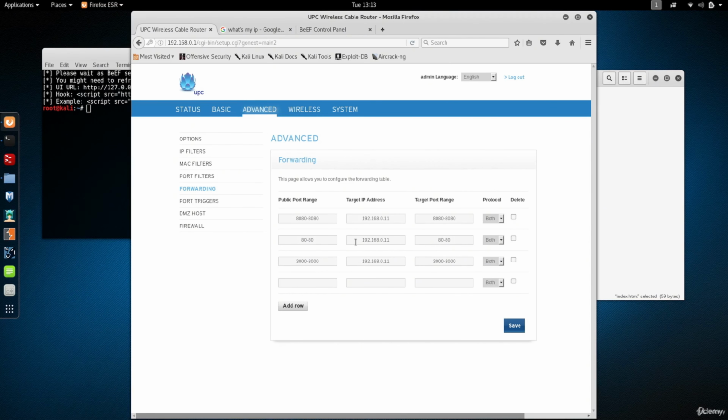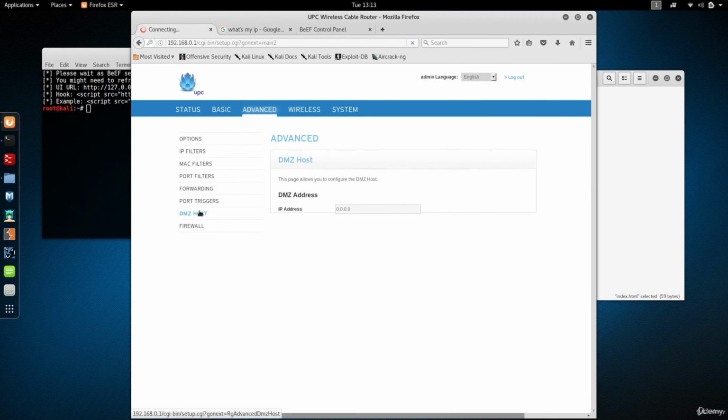An alternative to using IP forwarding, you can set the Kali machine as a DMZ host. Now, not all routers support DMZ, that's why I didn't show it from the start. But if it supports it, you can use it. And what DMZ does is, it's basically IP forwarding, but it forwards all ports. So, if you put the IP address of the Kali machine in here,